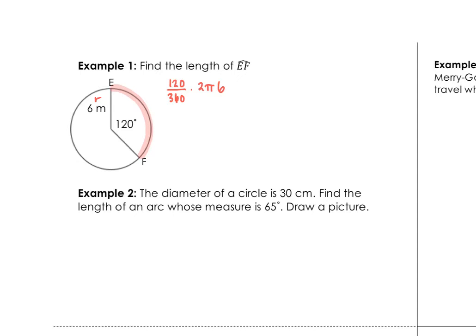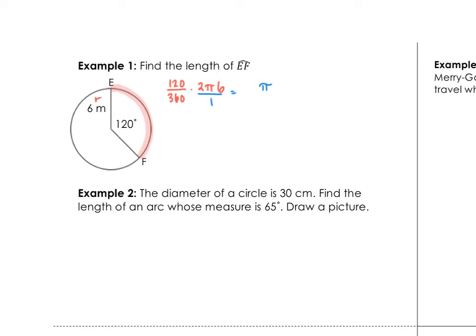Okay, so now it's just a matter of simplifying it. So here's what we're going to do. We're actually just going to put this in our calculator, but first we're going to multiply everything straight across. Like what we've done with previous examples, I want two answers. I want the exact answer, which is going to be in terms of pi, and I want the approximate answer, which is rounded. So when we're getting the exact answer in terms of pi, we're basically just going to ignore pi,